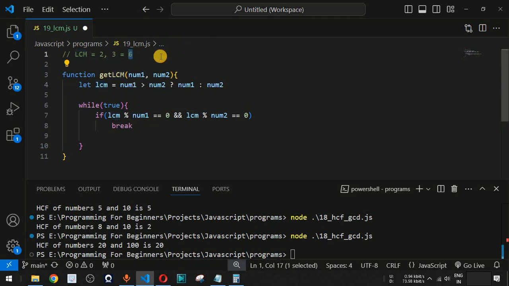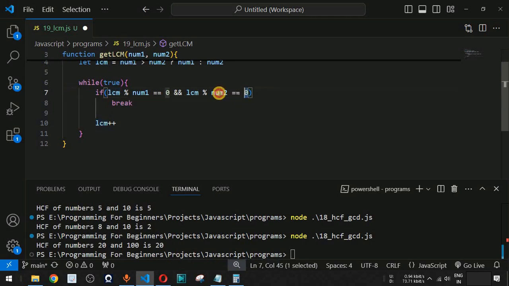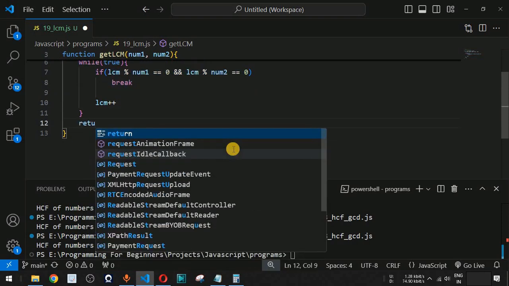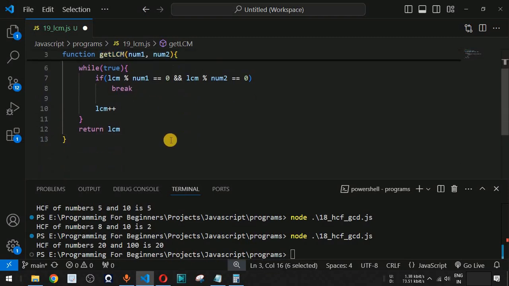Now guys, after this we also have to increment the value of LCM over here. So if you remember, first of all we checked for the number 3, then we moved to the number 4 followed by 5, and so on. In the end we found a number, that is 6, which is exactly divisible by both these numbers, and that is why we have to increment the LCM value. So over here simply we will say LCM++ in this case, so that every time the value of LCM is incremented, we are checking for this particular condition, and whenever that condition is met, that is both the numbers are exactly dividing the LCM, then we come out of the while loop over here, and then after this we simply return the LCM value this time, so that it can be printed from wherever we are calling this function, that is getLCM.